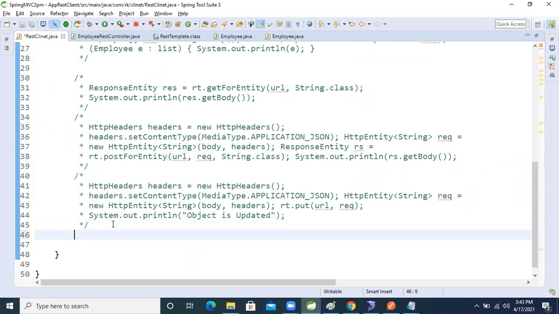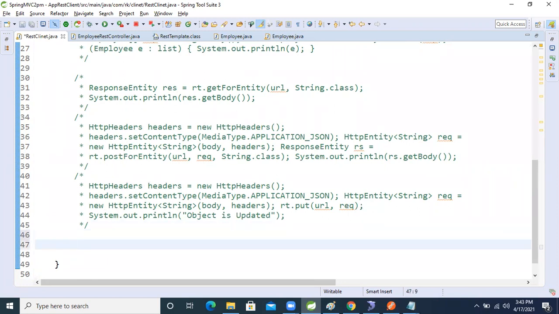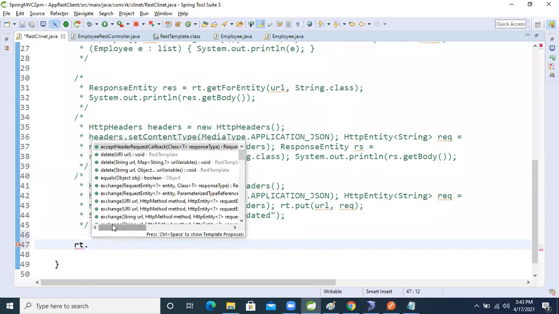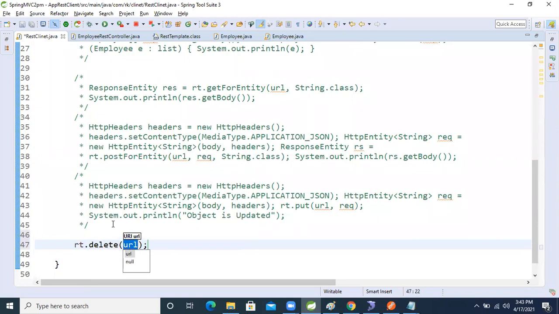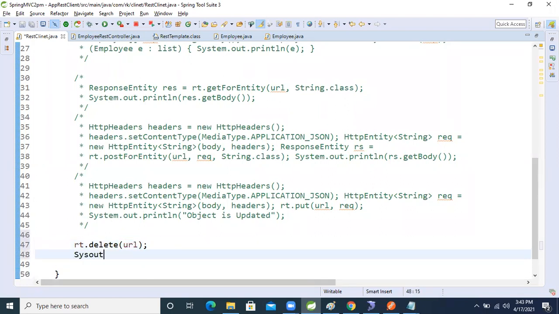So let's write it. What will we do now, guys? With the REST template, rt dot delete method is there, which also has only a void return type. Inside that we will pass just the URL only. After passing the URL, sysout: object is deleted.